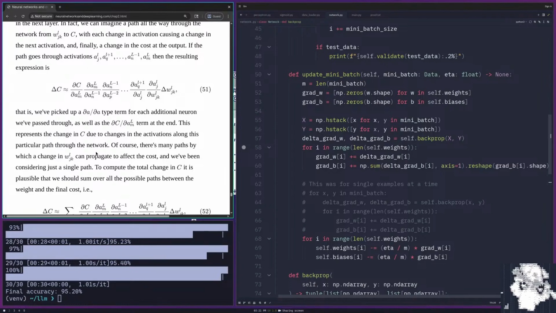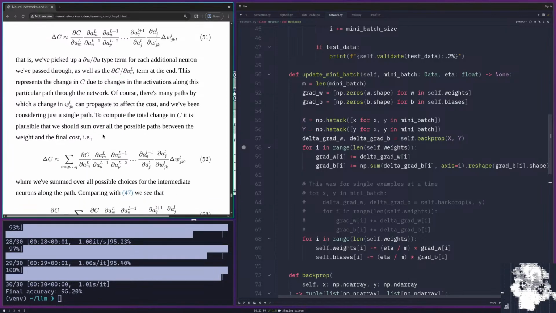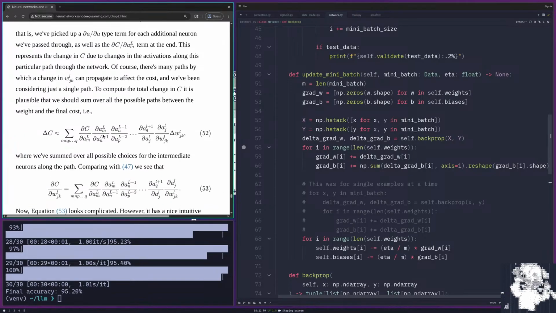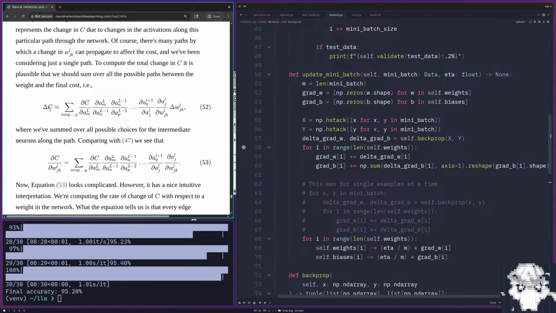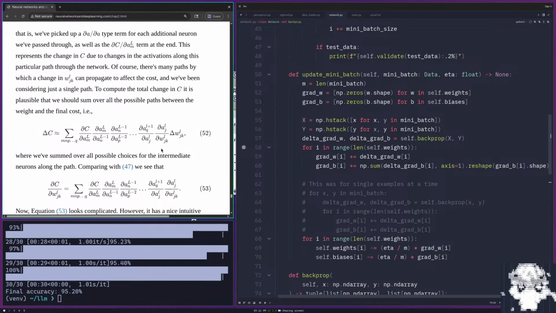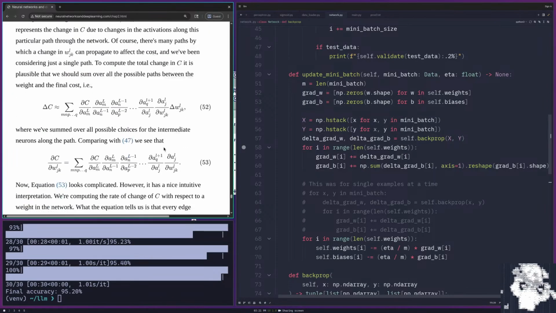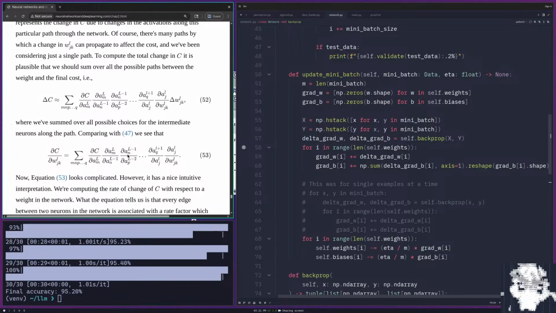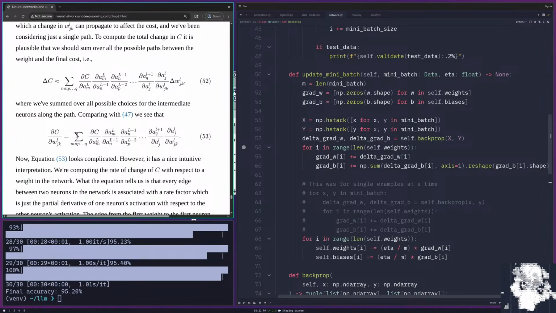Of course, there are many paths by which a change in W^l_jk can propagate to affect the cost, and we've been considering just a single path. To compute the total change in C, it is plausible that we should sum over all the possible paths between the weight and the final cost, i.e. delta C is approximately equal to the sum over all of these paths, where we summed over all possible choices of the intermediate neurons along the path. Comparing with 47, we see that